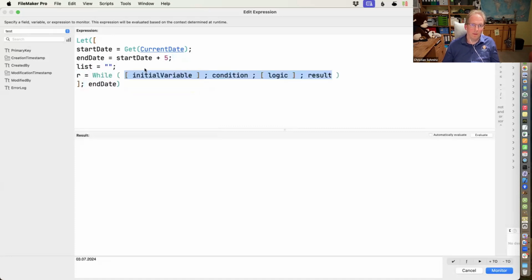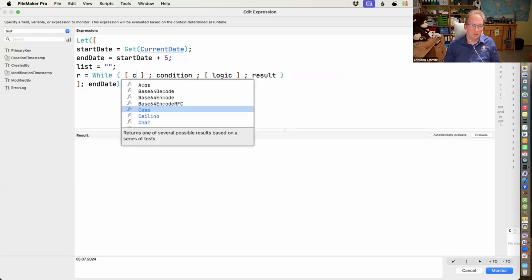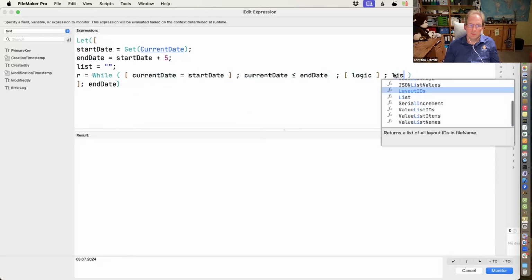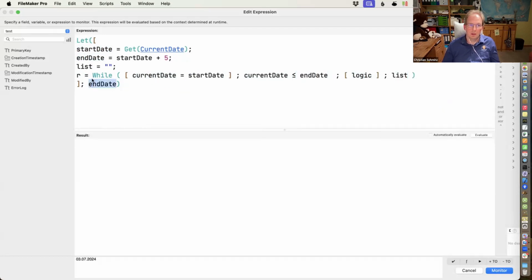The while loop could define the current date as the start date. It could have an end condition, like current date is below end date. It could have the list as result.